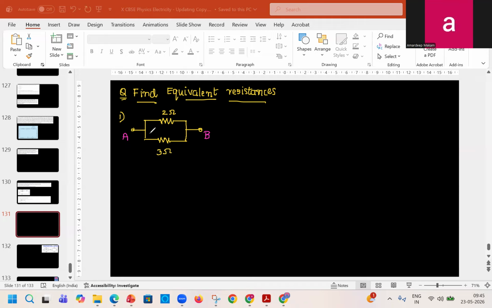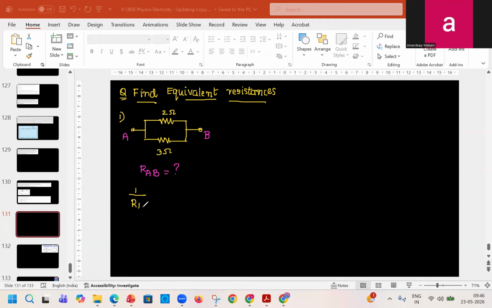So what is the aim of the question? The aim of the question is: resistance between A and B कितना है? How much is the resistance between A and B? Between 2 points A and B, what is the resistance? So how to go about it? तो उसके लिए फिर क्या करना पड़ेगा? So we do the steps. So what are the steps? जो भी आपको रेजिस्टेंस निकालना है पैरेलल के लिए, what is the method? रेसिप्रोकल एडिशन।